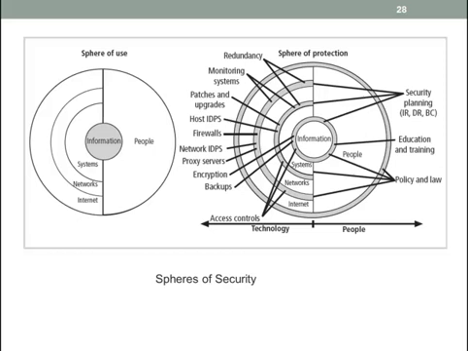Again, same basic concept, but what we look at is what type of control do we want to implement to try to manipulate the behavior and the usage of a particular piece of information, whether we're talking about people, systems, networks, or internet. And as you can see, the left half of that sphere is very technically driven because that's really what they're dealing with, systems, networks, and internet. So we're looking at things like controlling access, backups, encryption, proxy servers, intrusion detection systems, patching programs, monitoring systems, and redundancy. And then on the other side, we look at security planning, education, and training, policy, and law. So there's a lot of different types of things